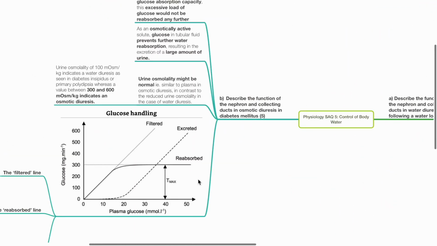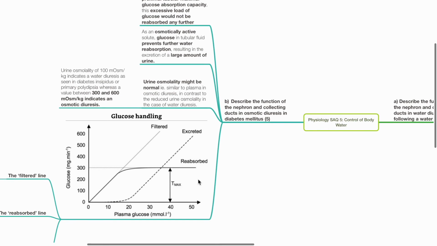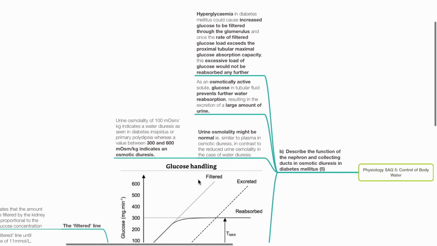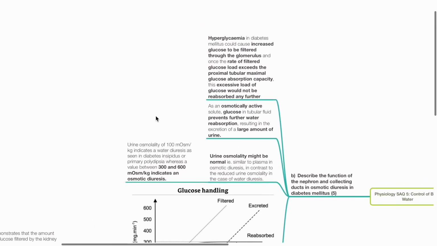B. Describe the function of the nephron and collecting ducts in osmotic diuresis in diabetes mellitus, 5 marks. Hyperglycemia in diabetes mellitus could cause increased glucose to be filtered through the glomerulus, and once the rate of filtered glucose load exceeds the proximal tubular maximal glucose absorption capacity, this excessive load of glucose would not be reabsorbed any further. As an osmotically active solute, glucose in tubular fluid prevents further water reabsorption, resulting in the excretion of a